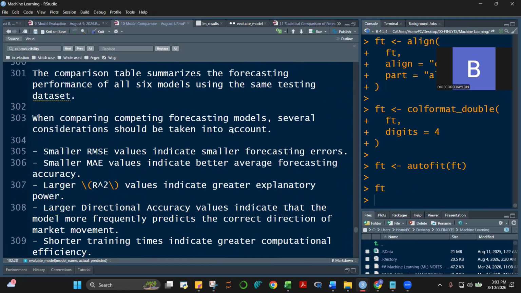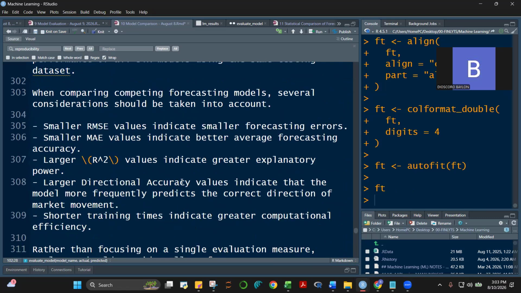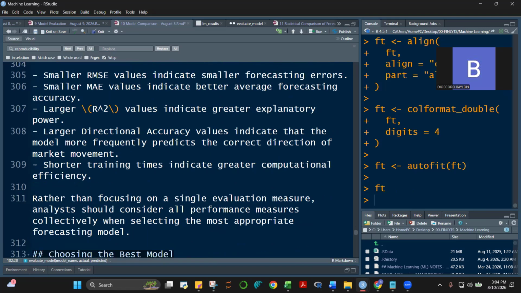When comparing competing forecasting models, several considerations should be taken into account. Number 1, smaller RMSE, syempre smaller forecasting errors. Smaller MAE indicate better average forecasting accuracy. Larger R squared indicate greater explanatory power. Larger directional accuracy indicate that the model more frequently predicts the correct direction of the market movement.